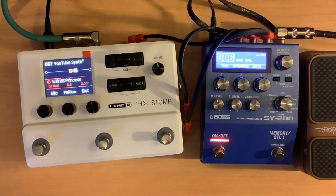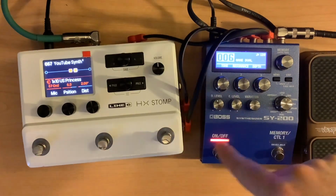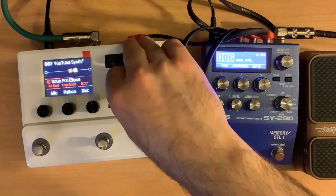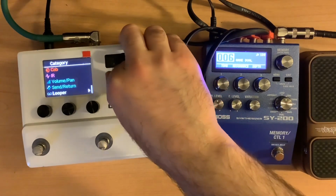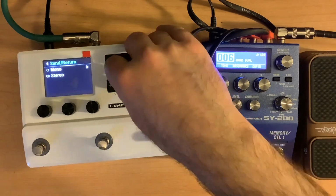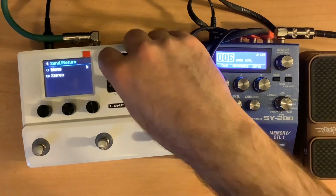So let's back out of here. Let's get the signal routed into here. I'm using the effects loop left and right. So let's do this. There we go. I'm going to back up here, and let's drop down, and under send and return, let's do mono. What do the stereo options look like? Yeah, I don't need one of those. Mono,